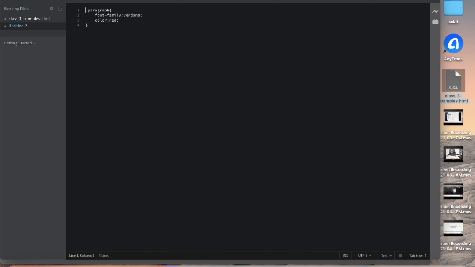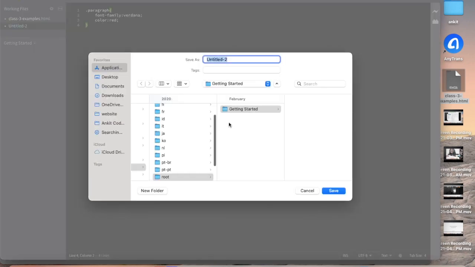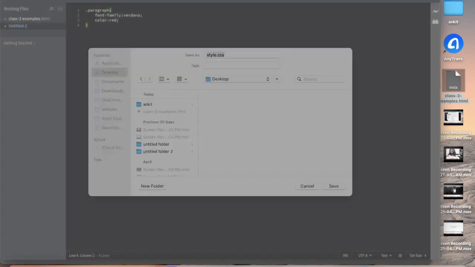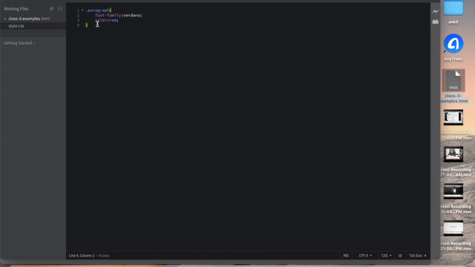This is a CSS file, which we call a CSS file. I will just define like this. I will save it on the same path. I will just save it on the desktop so that linking is easy. I will just mention style dot CSS. So automatically the tags are changed, meaning it's working and the file name is fine. I will just go to here.